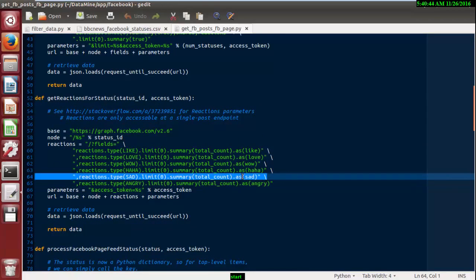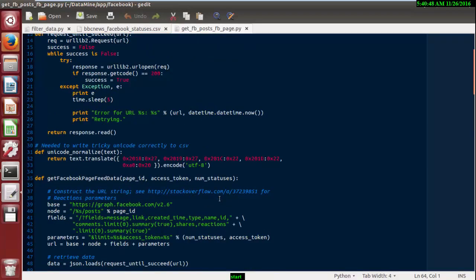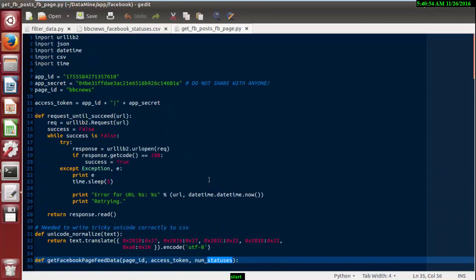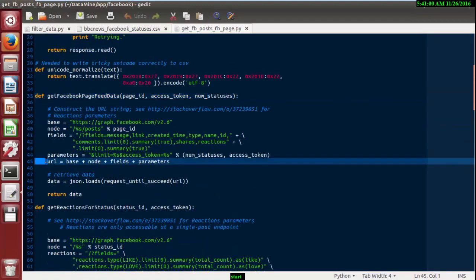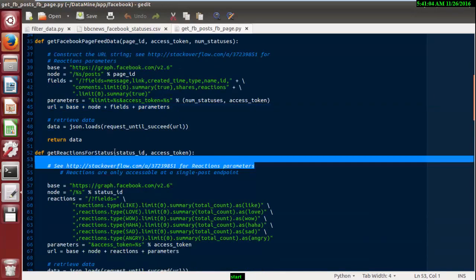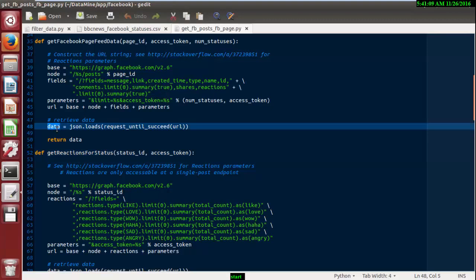I hope BBC News won't mind. And the num status, that I will discuss with you later on. With the help of the URL, your data is being retrieved and stored in the data variable, which is an array.